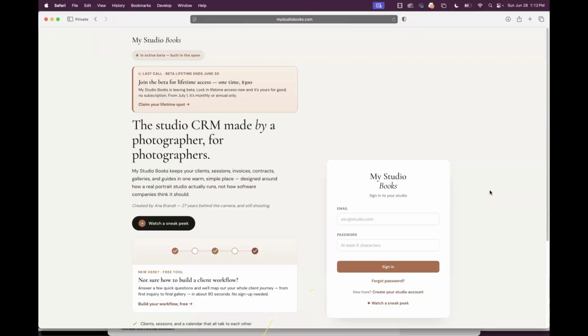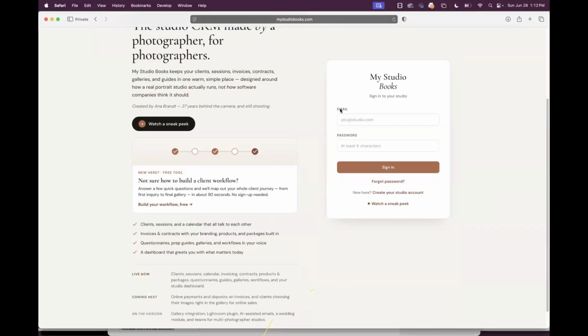If you're just starting out or you've been around a while and you're not sure of the workflow, how do you know how to build a workflow in a CRM? You don't. So then I ended up building a workflow wizard. So I'm going to show you what I kind of built for her, and then we're going to go on the inside. So if you're not a member, this is what you'll see.